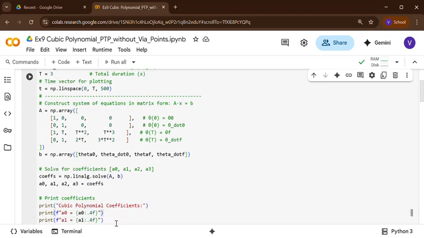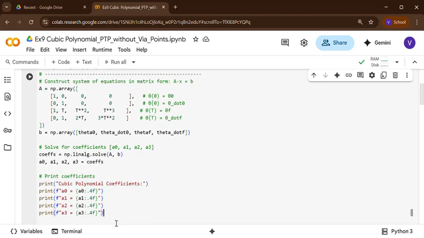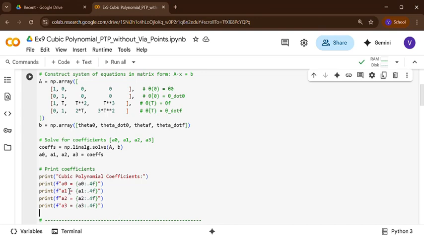Then you have to substitute that value in the equation. But before that I want to print the values. So f means formatted. Why is it formatted? Because it will print a0 equal to, and then within this curly bracket you put a0.